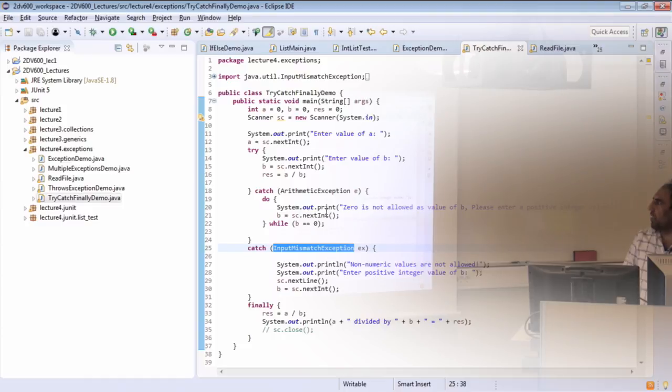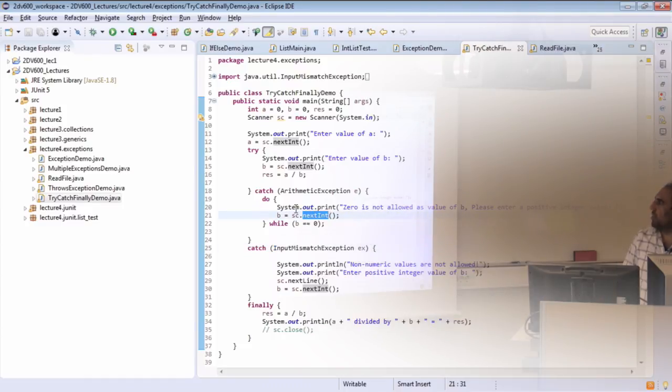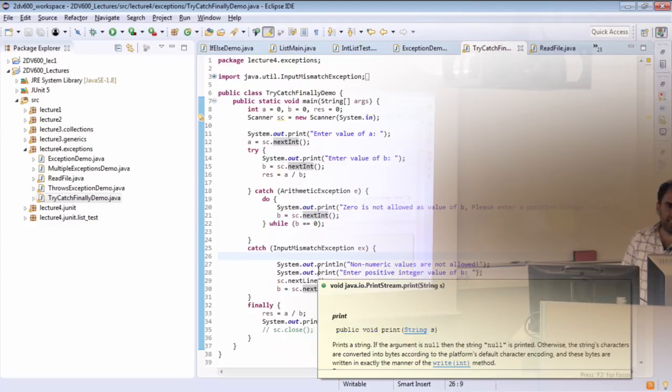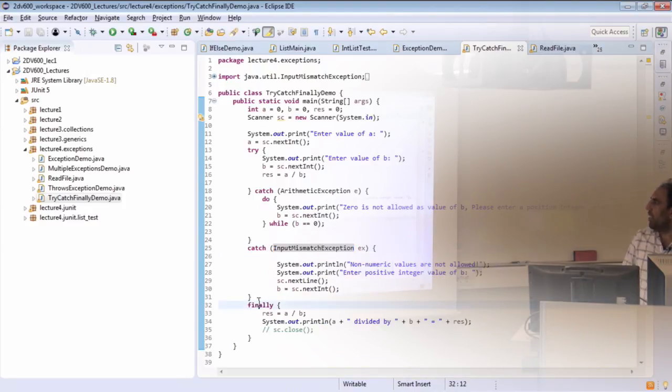So for example, if you are expecting an integer value by calling sc.nextInt, but the user enters something non-numeric, like a string value, we have another catch block. And what do we do in the finally? Because here we tried in the try block to get a result, but in case the user enters the value again,